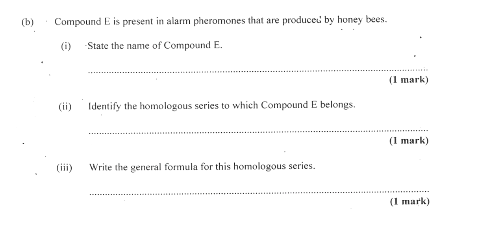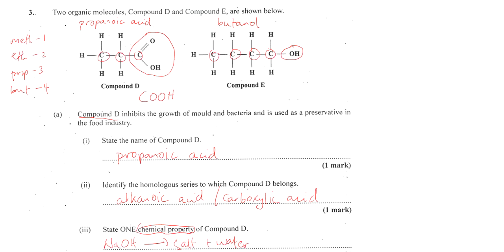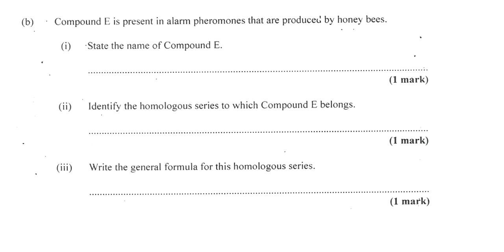Okay, let's do part B. Compound E is present in alarm pheromones that are produced by honeybees. State the name of compound E. Now we just did that here, right? E is, we said, butanol, right? So I can just say this is butanol. Identify the homologous series to which E belongs. So we said it's an alcohol,